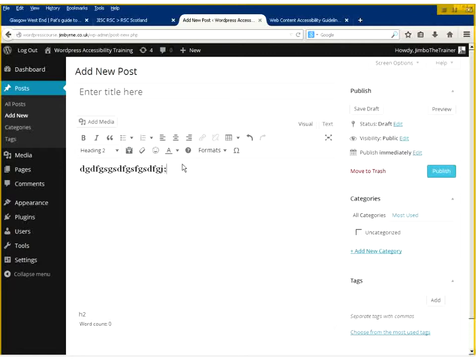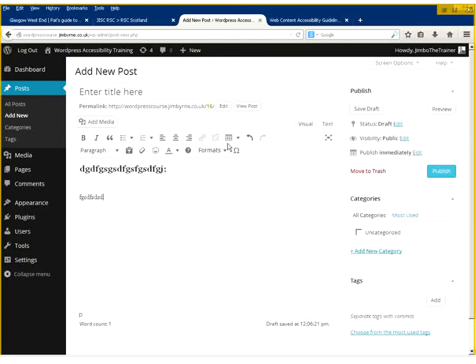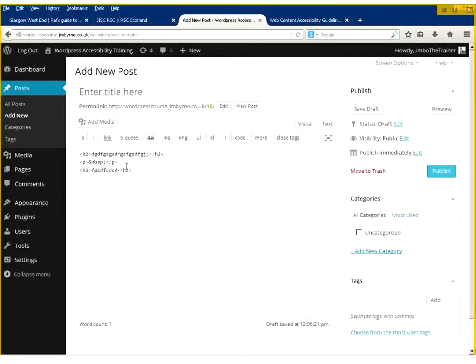So I was saying earlier on, when I was looking at the slides, we want to make structured documents, i.e. the documents themselves are kind of self-labeled. The browser knows that that's a heading because it's labeled as a heading. It knows that that's a subheading because it's labeled as a subheading. These are the labels here. So if I look at that, it says H2, that's the label, and that is a heading level 2. If I put some more text in, highlight that, heading 3, and now it's saying that is a heading level 3.